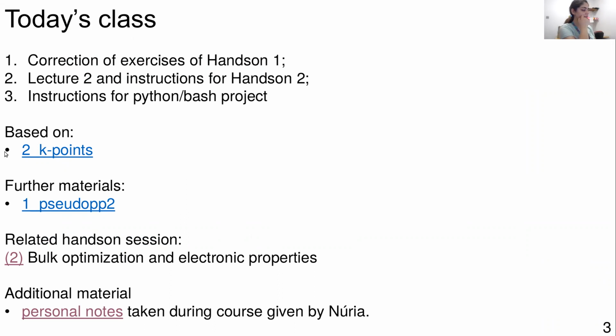I will mainly talk about this key point meshing today. This is one of the slides that is dedicated to Ansome 2. I will not go through the slides on the pseudopotential because there is a lot of theory that I don't think is really needed. You can go through that by yourself if you want, but it's a degree of theory that I don't think all of you will need, and probably none of you will need. And then here are the exercises that you need to do.